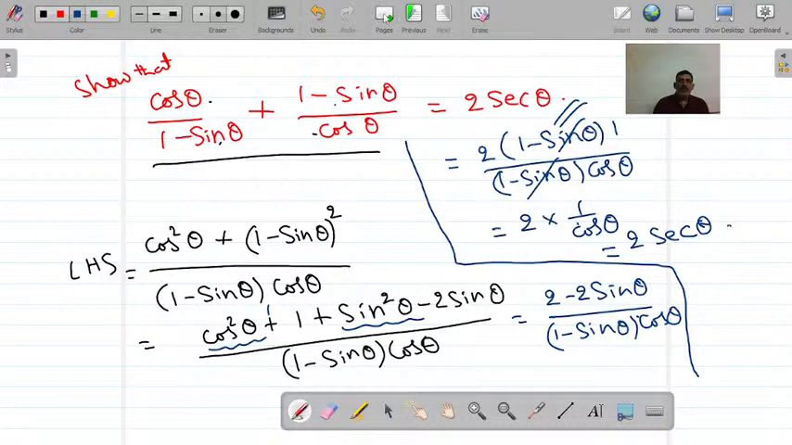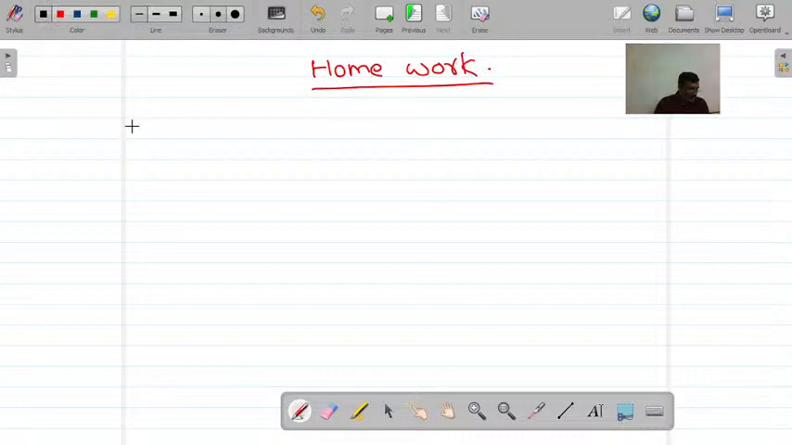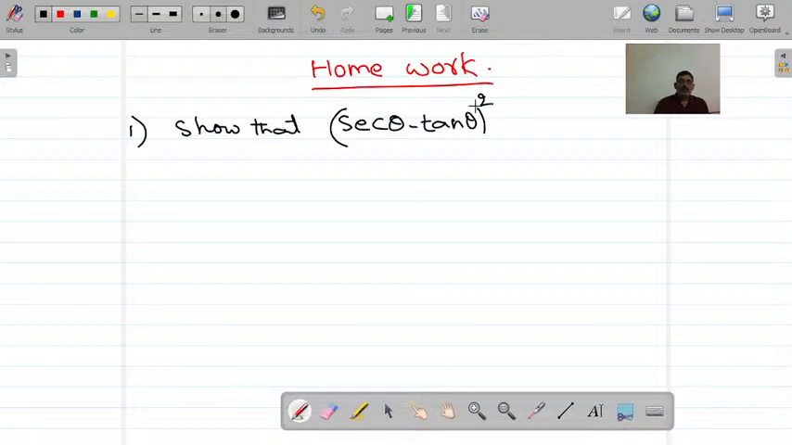Now I am giving you some problems for homework. You can try them one by one. The first problem is, show that (secant theta minus tan theta) whole square equals 1 minus